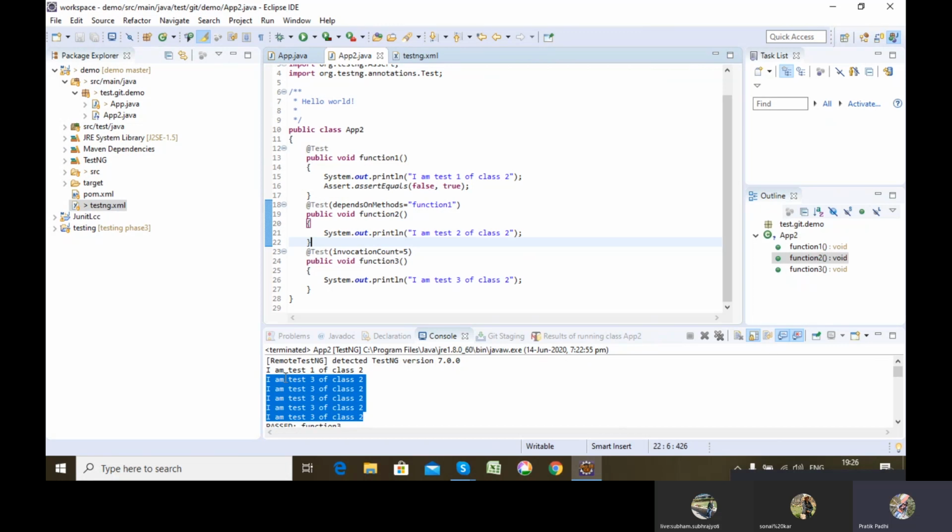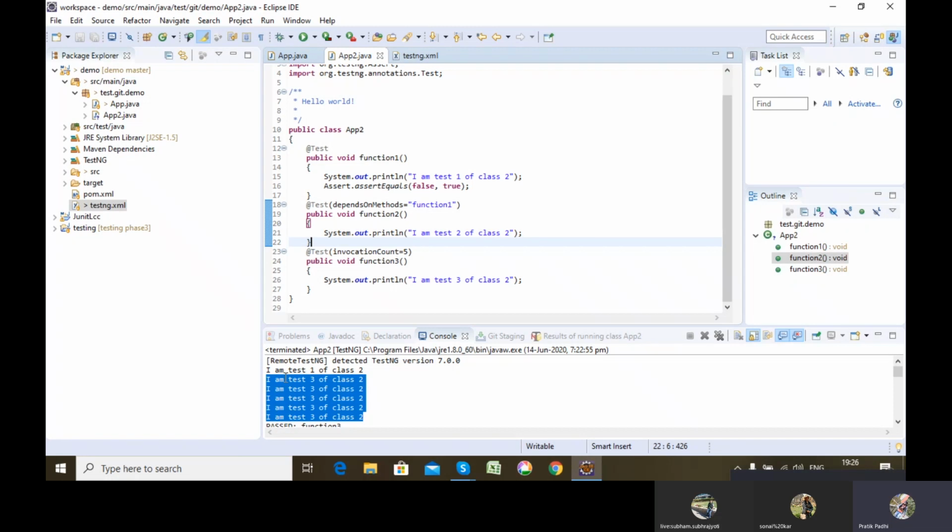But now I have assigned 7 different threads for 7 different tests. So it will assign each test one thread, and my execution time will be 5 milliseconds instead of 35, because everyone is running independently in one single thread. So if I am doing parallel execution, I need to provide a thread count more than or equal to the number of tests present.